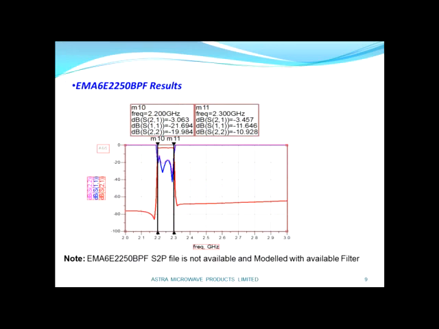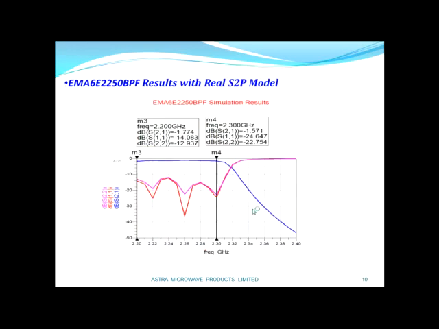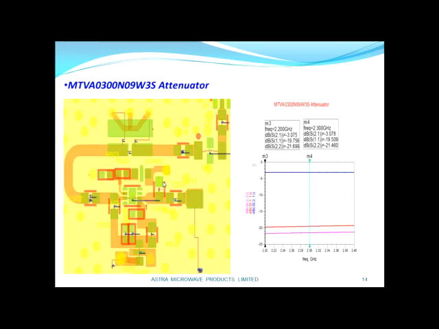Once that was done, I included this band pass filter after the low pass filter, then again the SPTU power divider, then the power divider, digital attenuator and digital phase shifter, all these components individually. These are the results of the individual components, the digital attenuator and so on. While doing this simulation, I want to stress one fact: I have included the realistic components, whatever is mentioned in the schematic circuitry.